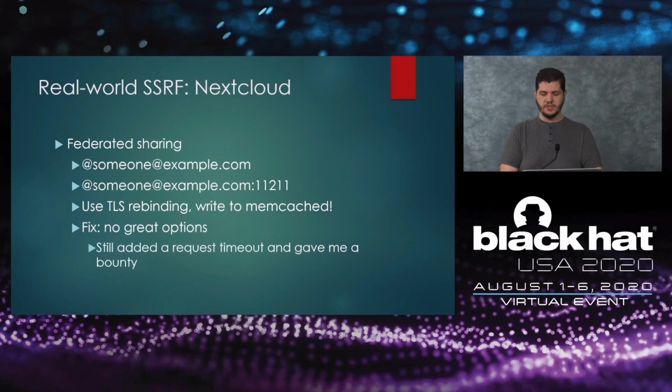After reporting this and working through the options, there weren't any great ones because not all request libraries allow you to disable TLS sessions. In this case, libcurl has the option, but it isn't exposed by PHP request libraries such as Guzzle. In any case, adding a request timeout made the attack pretty much infeasible, assuming people don't turn their DNS time to live values super low on their servers. Nextcloud was even generous enough to give me a bounty, even though, in my opinion, this is libcurl's fault.